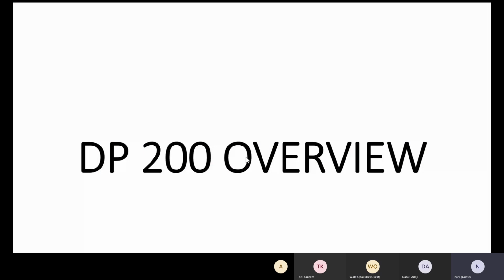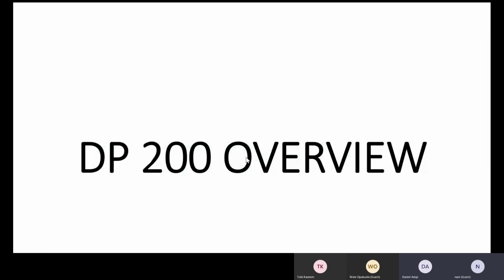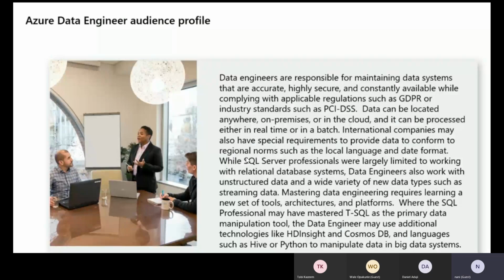And so, DP-200 overview. Microsoft, after discovering that a lot of the DBAs, the database developers, people who make sure that data and the data storages are available for machine learning engineers, your AI engineers,